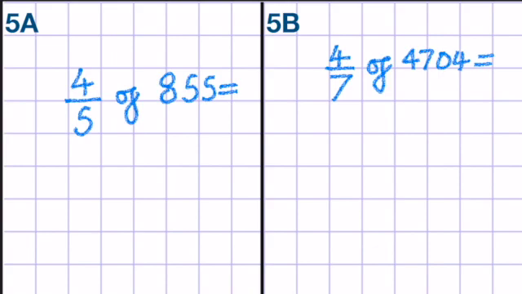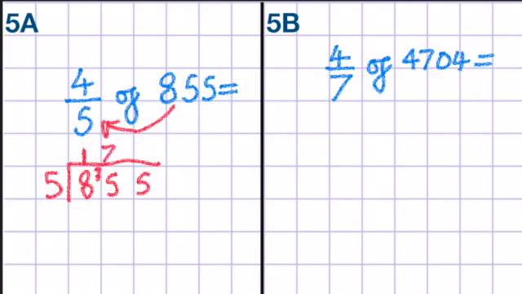Right, now you need to find the fractions of these two numbers. Press pause and then we'll do it together. Okay, so what we need to do is we divide by the denominator, get our answer, and then times by the numerator. So we're going to do 855 divided by 5. 5 goes into 8 once. 3 left over. 5 goes into 35 7 times, and 5 goes into 5 once. Now we need to multiply this by 4. So we do 171